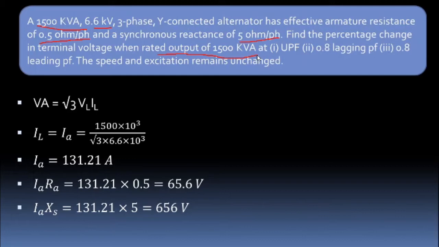Because generally, if I tell you to put it in the EMF equation, V equals, you will put 6.6 kV, 6600, directly. We don't think about whether it is a line value or a phase value and what you have to put. You have to put the phase value. So keep your phase value ready. Calculate V per phase, that is equal to 6600 by root 3, and that will give you the phase value.